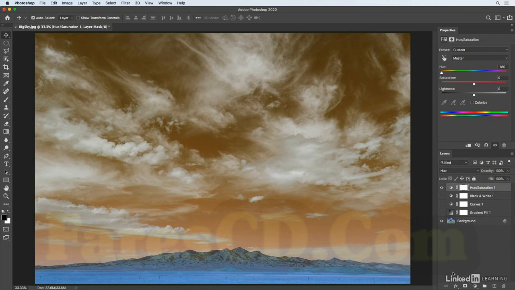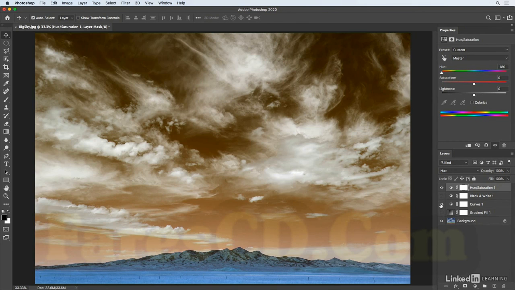Of course, you can use a combination of all of these. So in this case, because the image was so flat, I might want to also view the curves adjustment layer. So the next time you want to isolate the effects of an adjustment layer, try using the individual component, such as hue, color, or luminosity blend modes.